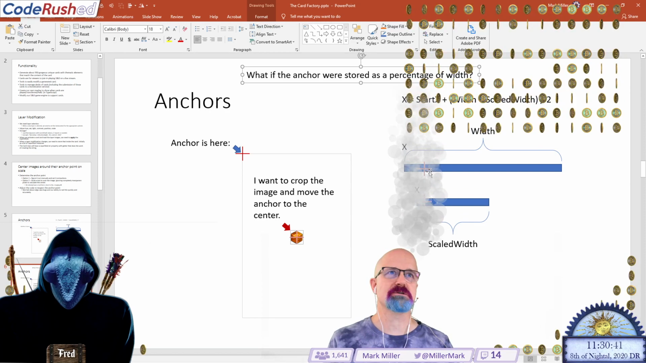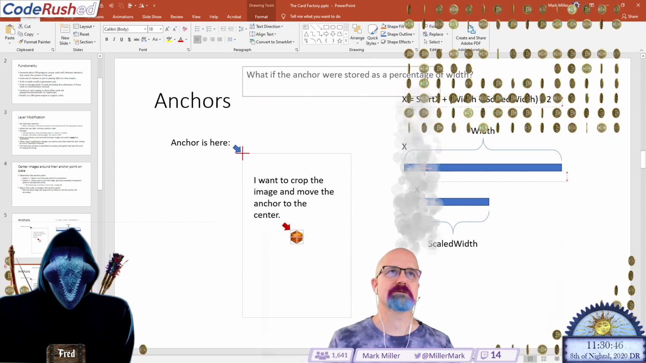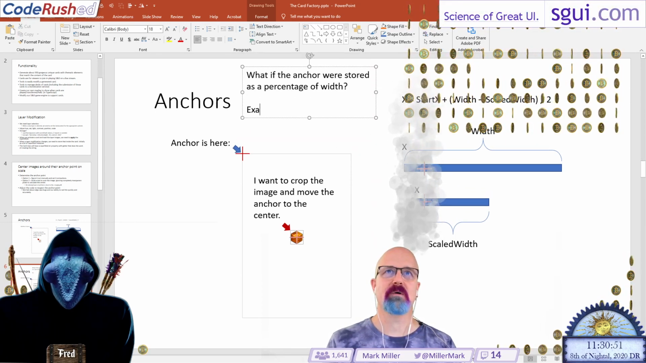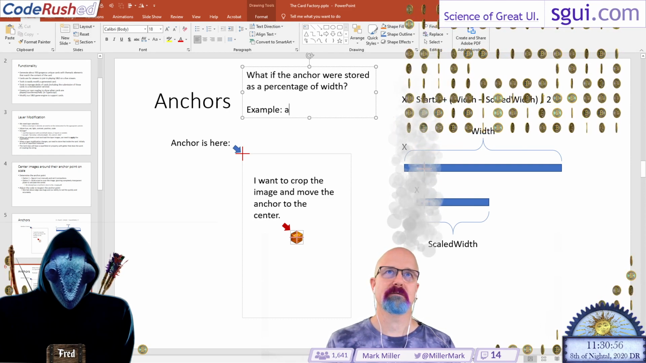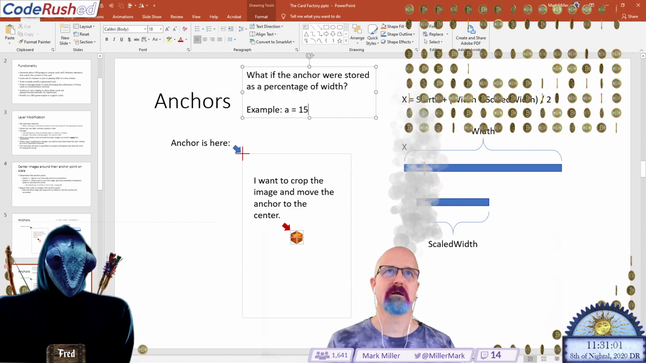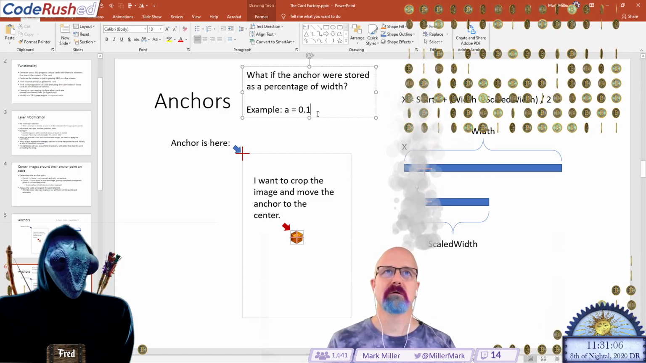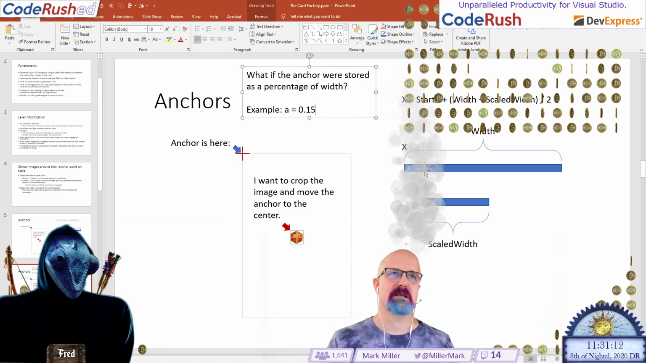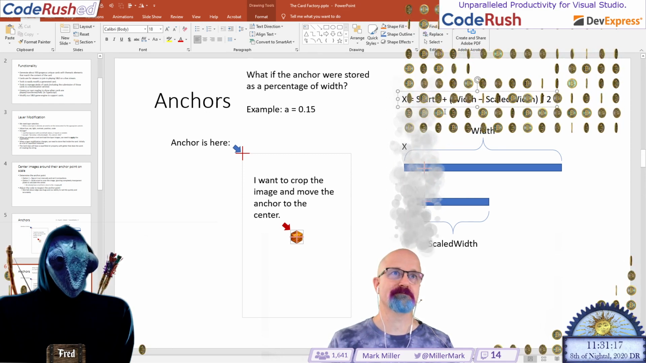So if the anchor were stored as a percentage, for example, your centered becomes 50%. Nice and simple. Example, we'll just say A is equal to, like in this example here, about 15%. Is equal to 15% or 0.15. So there's my anchor. So if my anchor is this and my X is here, my X position is equal to